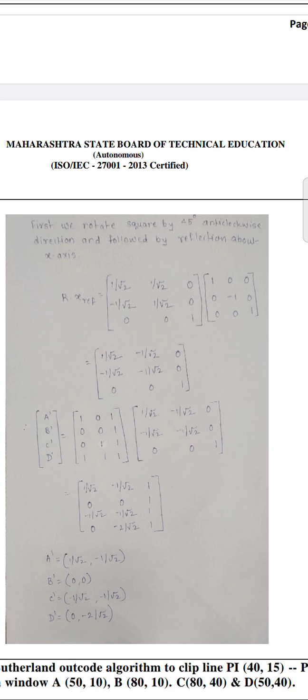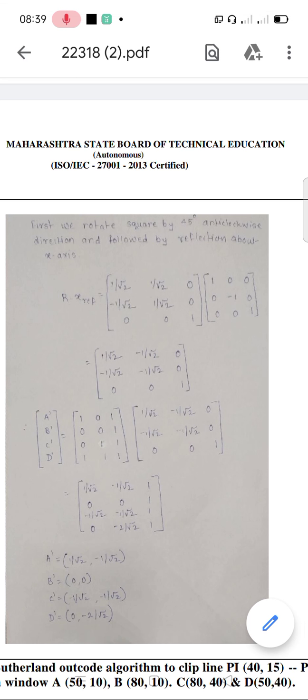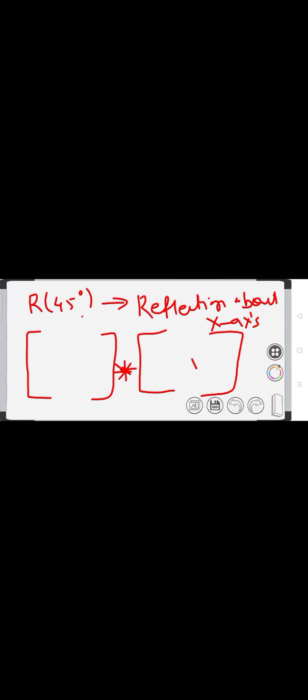If you place the composite transformation matrix on the left hand side and your computer object matrix on the right hand side, it is not possible to multiply. I will tell you why, so that the idea is very clear to you. You have to write your computer object matrix on the left hand side, that is a 4/3 matrix. Then you multiply this matrix with the composite transformation matrix, that is 3/3.